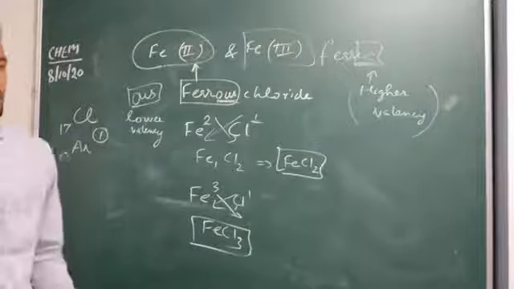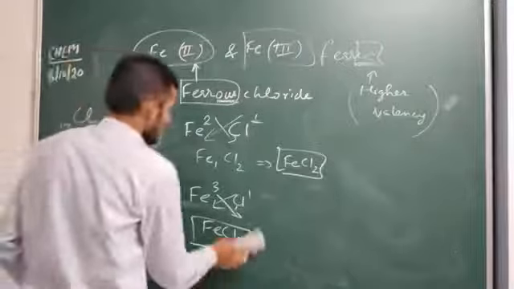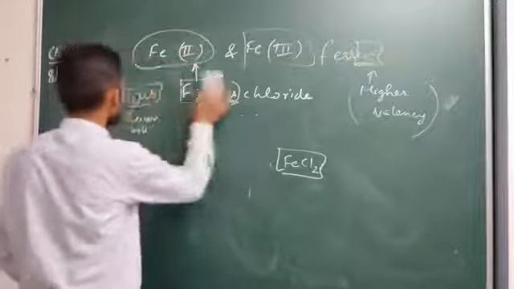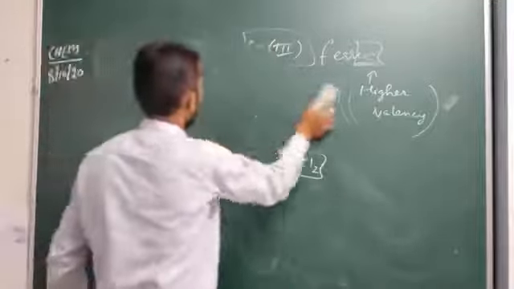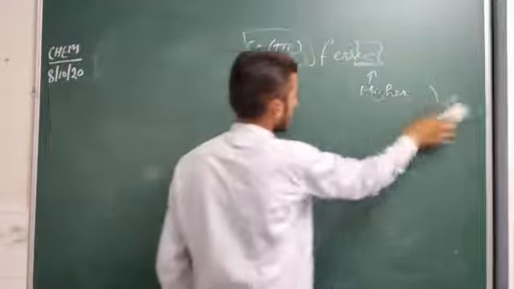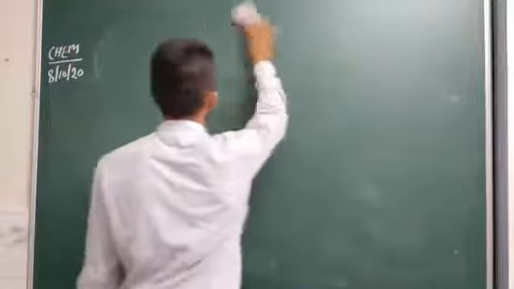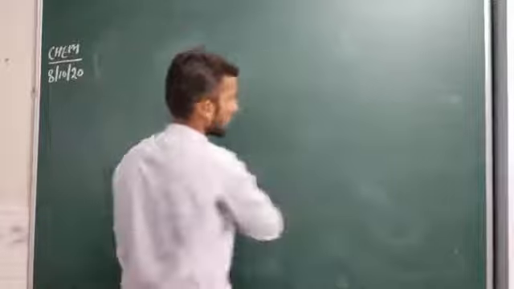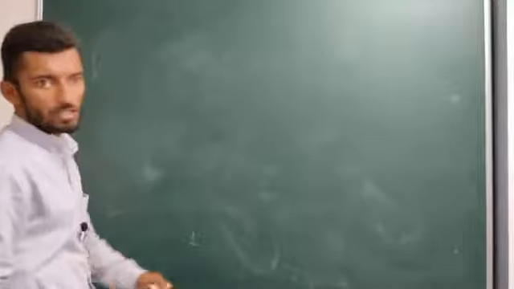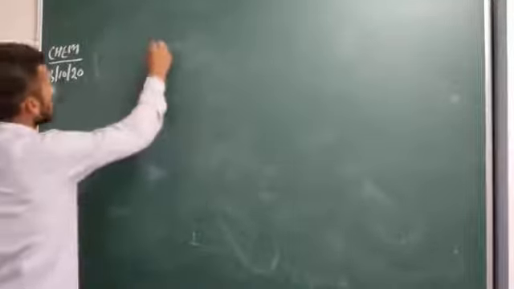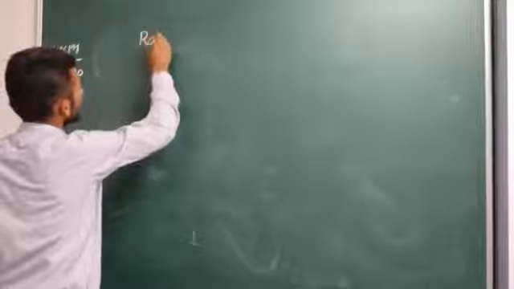Now these were with respect to variable valency. Okay. Now our next topic is radicals. Many more examples are there of compounds which exhibit variable valency that you have to see. From your book you can quote different examples and see how their names are written, but the key concept I have explained here. Now what are radicals?